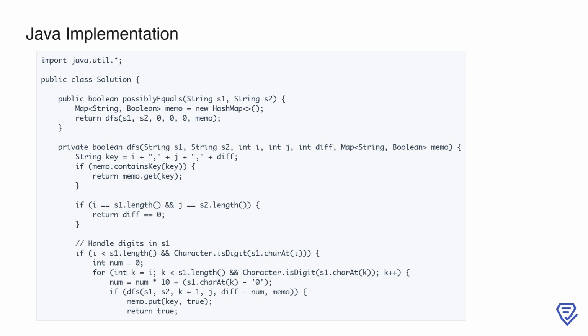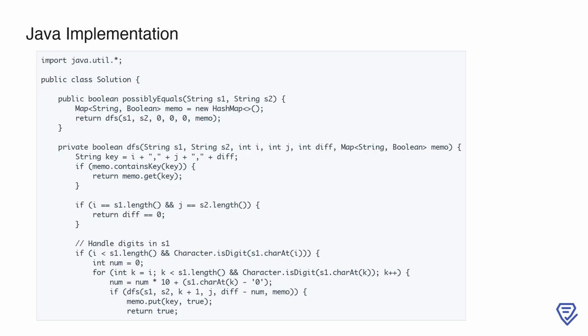Next, we handle the base case. If both strings are fully processed, the result depends on whether the diff is 0, as this indicates the segments align perfectly. Following that, we handle the situation where the current character in S1 is a digit. We iterate through possible numeric values starting from this position, updating diff by subtracting the number and recursively calling DFS for the next state. If this path leads to a valid match, we store the result in the memo map